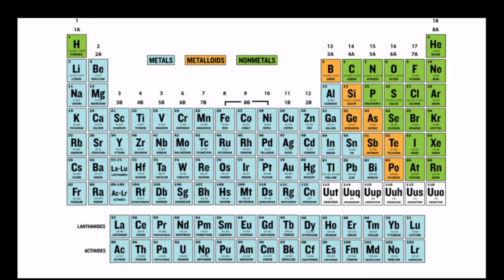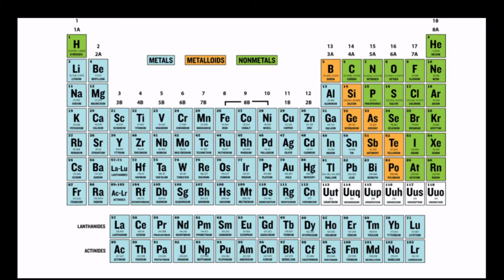Now, the third shortcoming was the wrong order of atomic mass. Remember cobalt and nickel. In Mendeleev's periodic table, cobalt and nickel were placed in the wrong order as cobalt has higher atomic mass as compared to nickel. But in the modern periodic table, cobalt and nickel are in the right order of the atomic number. Thus, the shortcomings of Mendeleev's periodic table were rectified in the modern periodic table as it was based on atomic number. Now let's see the characteristics of modern periodic table.